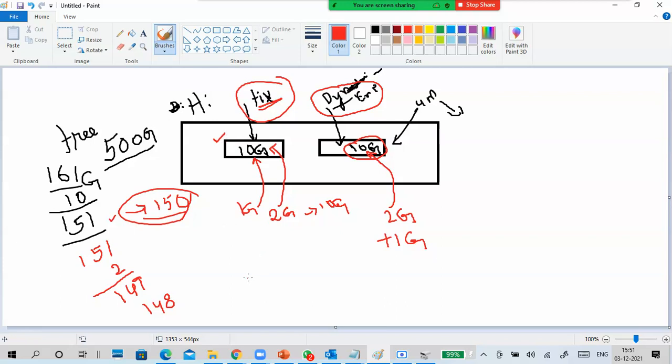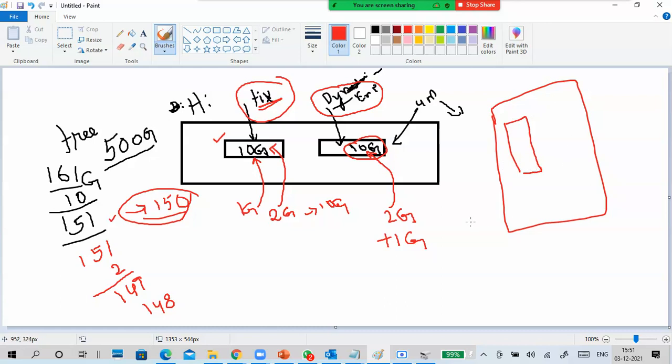For example, think you have a big room. In the room, you put a cot. You have a room and you have a cot. The cot occupied the space when you put it. So you are sitting in this cot or sleeping in this cot. The size of the room now does not change, which is occupied only. How much you are occupying in this cot, it is in the cot only.